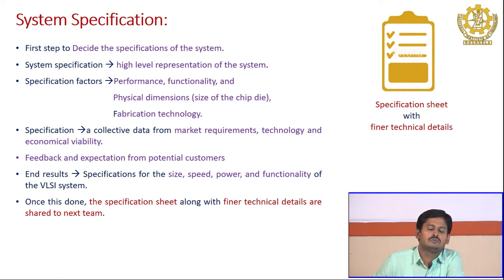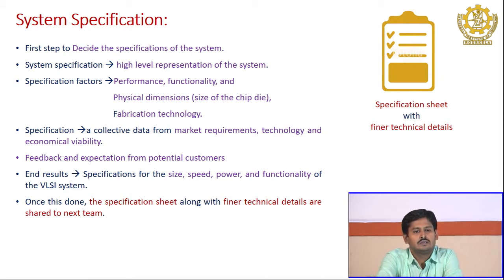Okay. So, mostly if we see the technical aspect, we are dealing with functionality, what it aims to perform, followed by performance, always related to the speed of the system, followed by area of the design, because you can write optimized code or algorithms to minimize your area. Sometimes also subsequently power can be minimized. Okay. So, these are the specification factors we have to consider.